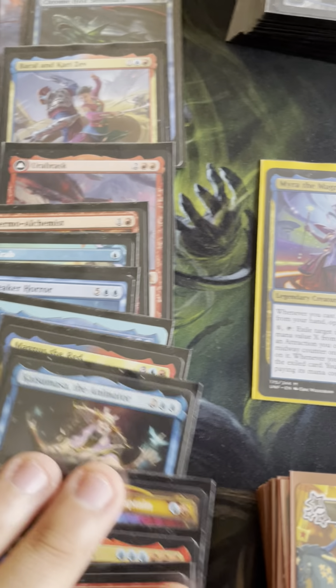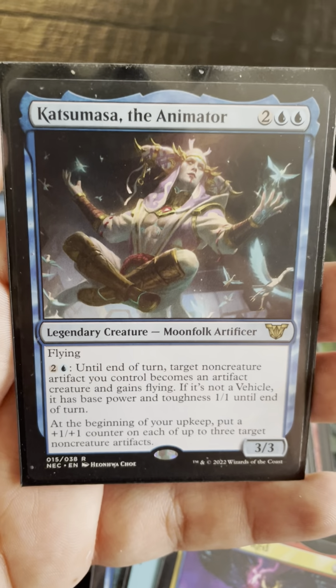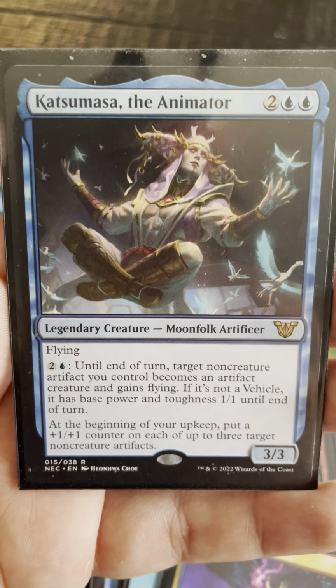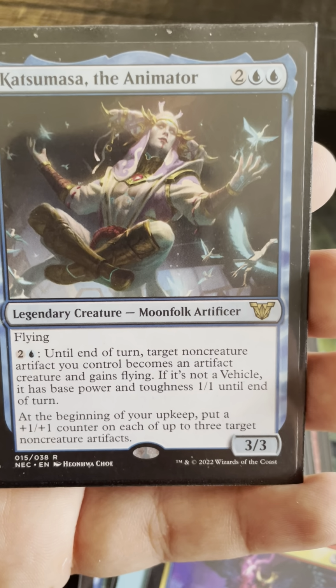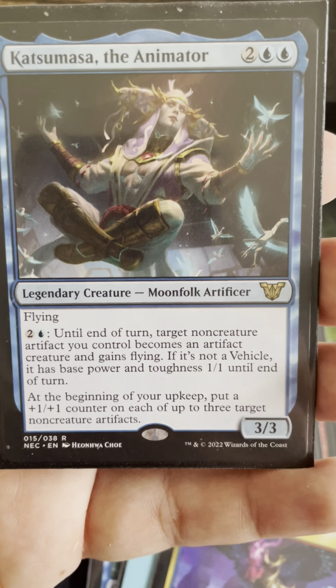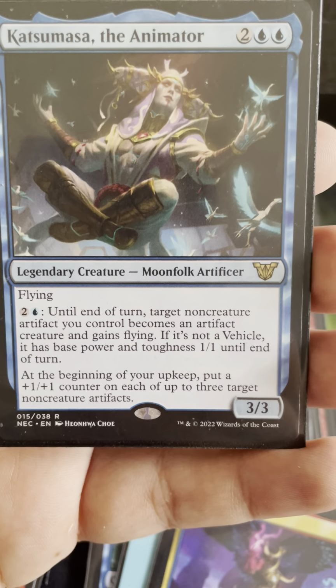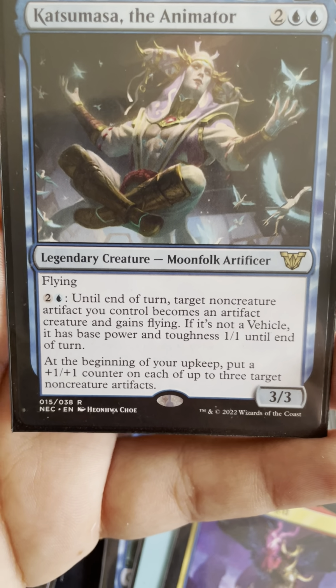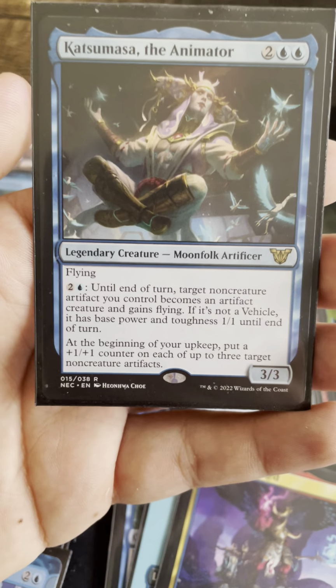I did talk about pet cards in my last little short, so I do want to talk about my pet card here, because this is absolutely ridiculous. Katsumasa, the Animator. Flying. Pay 2 and a blue: until end of turn, target non-creature artifact you control becomes an artifact creature that gains flying. If it's not a vehicle, it has base power and toughness 1/1 until end of turn. At the beginning of your upkeep, put a +1/+1 counter on target non-creature artifact. So,